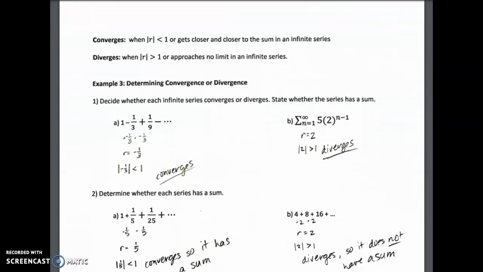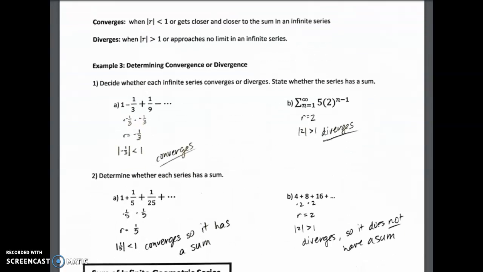Okay, so we have 2 types of geometric series. We have convergent series and we have divergent. Convergent means that the R value, the absolute value of it, so meaning regardless of its sign, is less than 1. So the numbers are getting closer and closer and closer to the